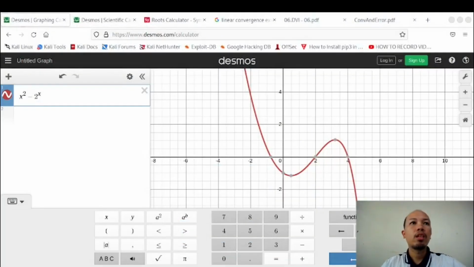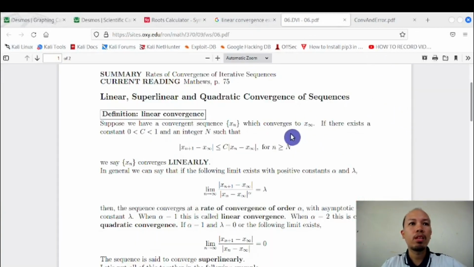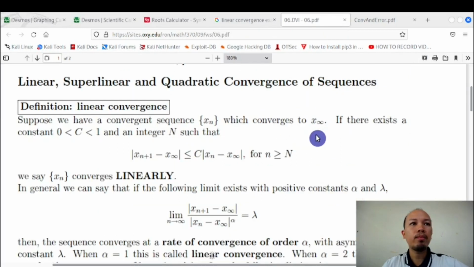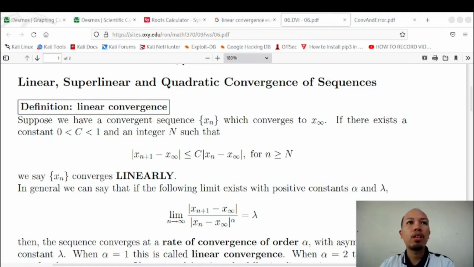Okay, and let's go to this one here. Okay, I like also this definition, before we go to the solution of